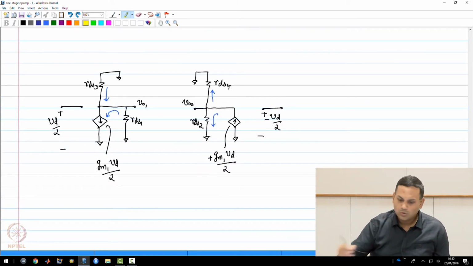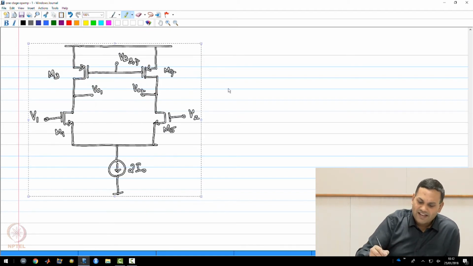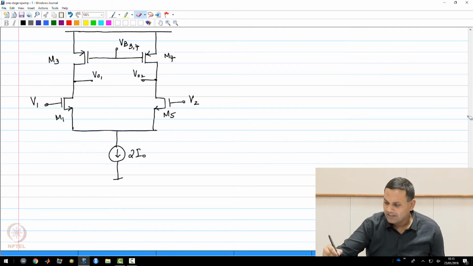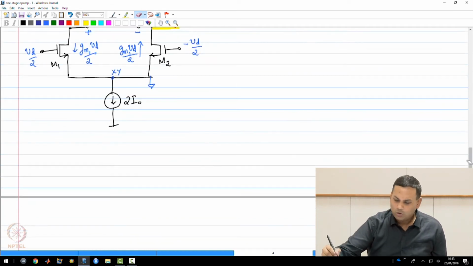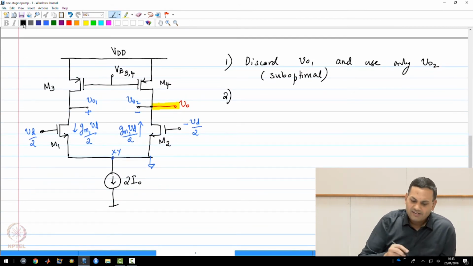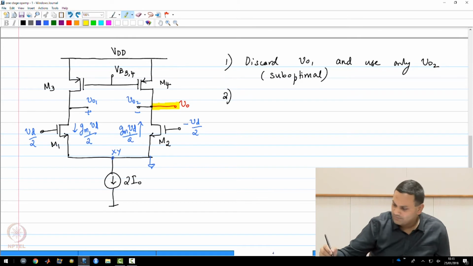this is to modify the circuit very slightly. So instead of using an external, normally you would, to bias VB3 and VB4, you would need an external current source through a diode connected transistor, and we are going to dispense with that connection